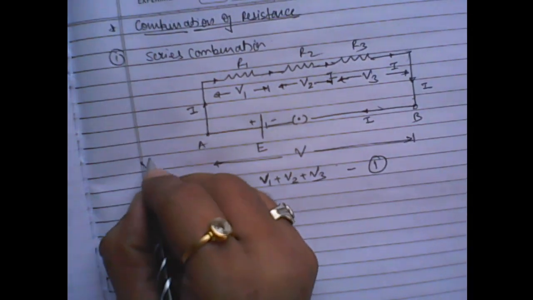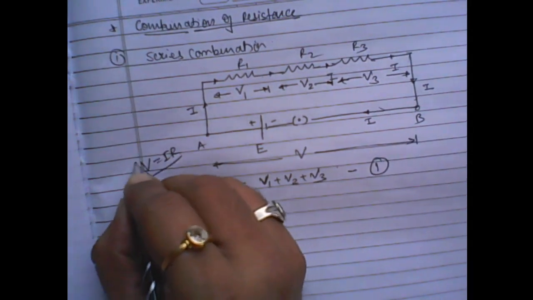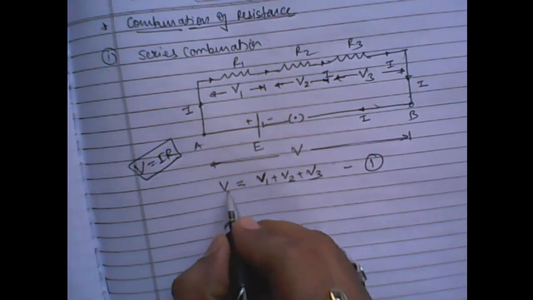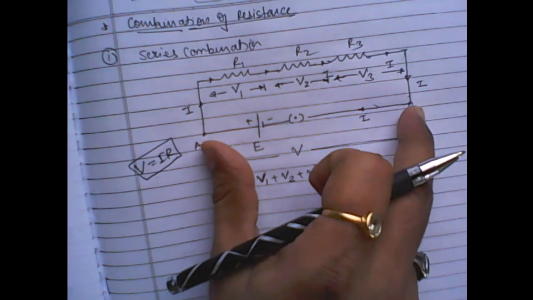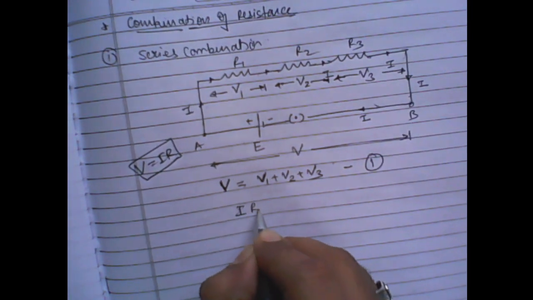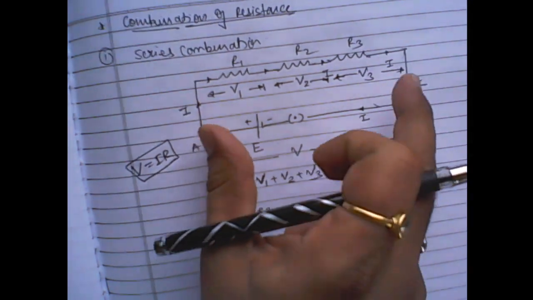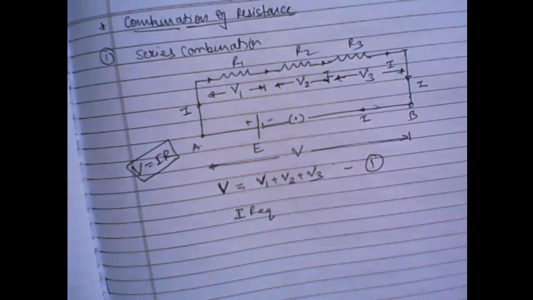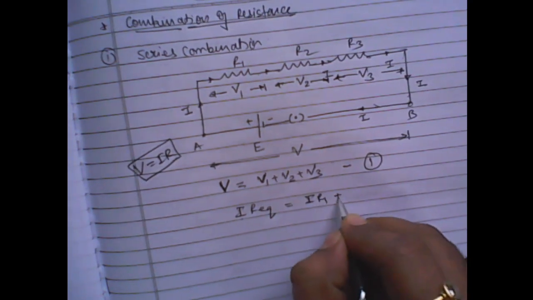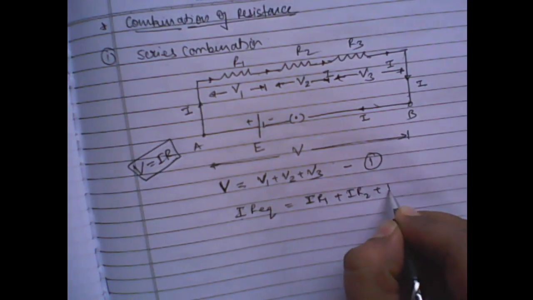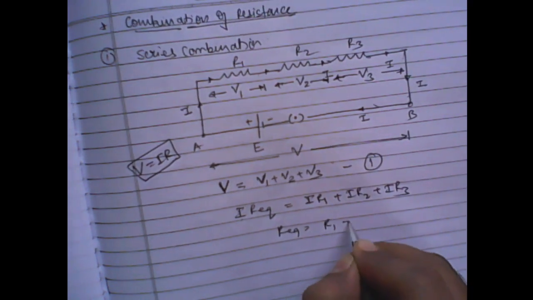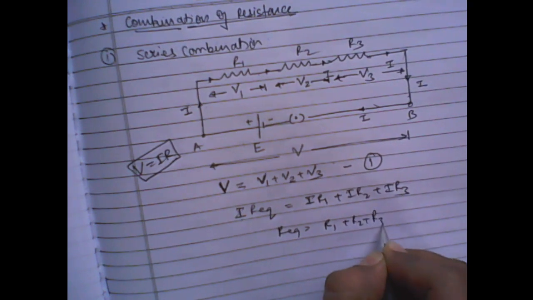Now by Ohm's law I can write V equals IR. So let the current be I that we have considered. V is the total potential difference across the circuit, that is AB. So I into R equivalent, because across this AB the total resistance of these three will be considered. So I into R equivalent equals I into R1, because current is same, I into R2 plus I into R3. So finally R equivalent comes out to be the sum R1 plus R2 plus R3,